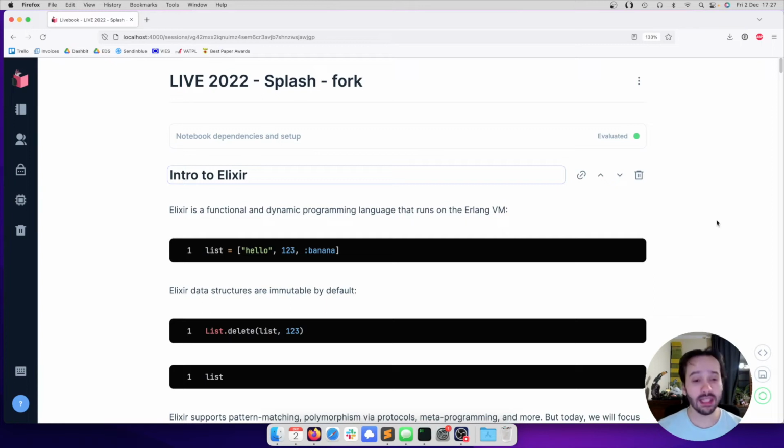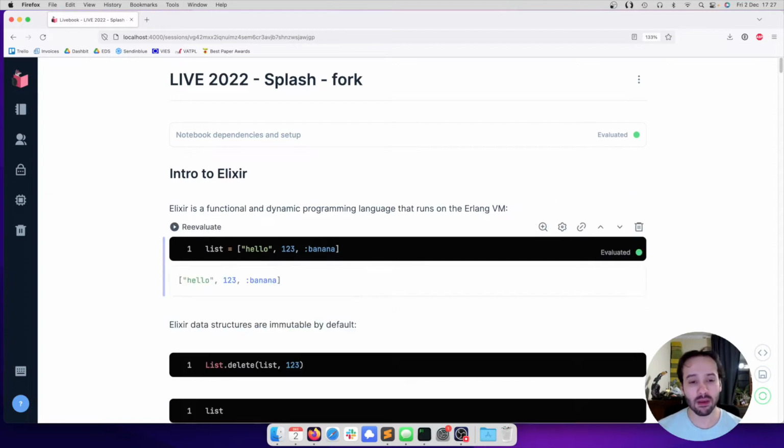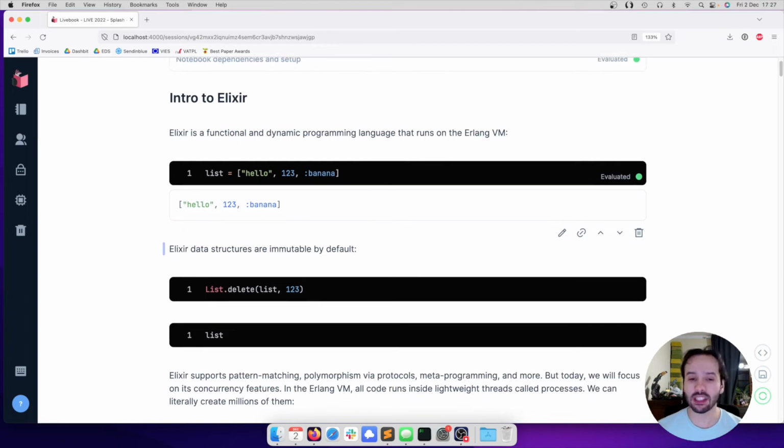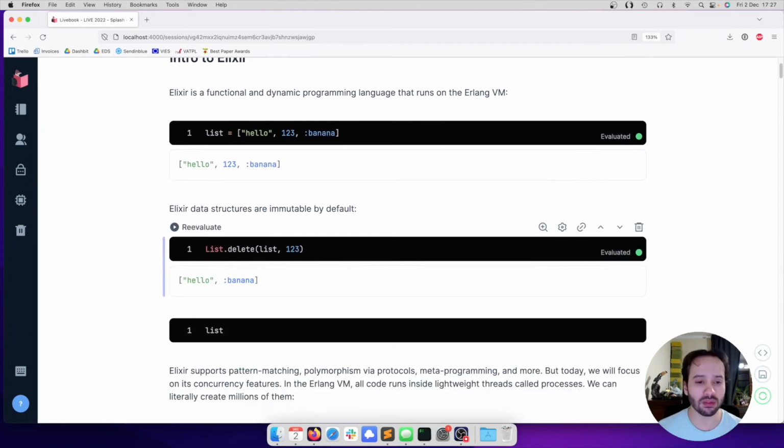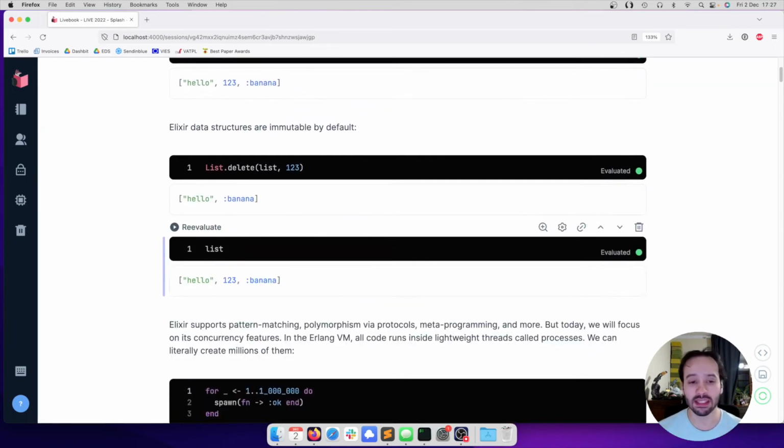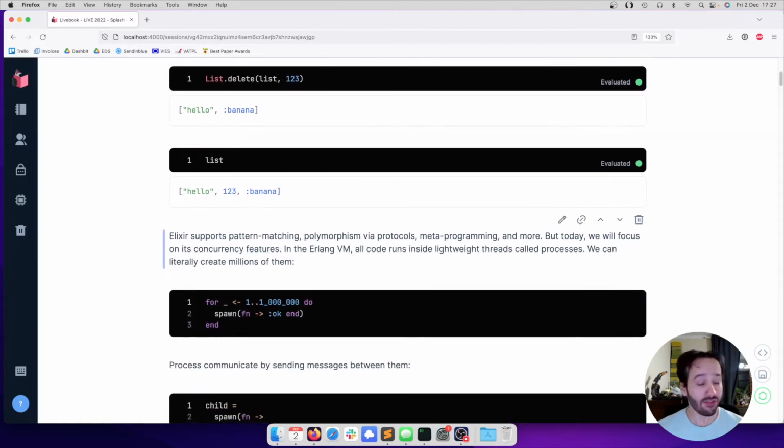So Elixir is a functional and dynamic programming language that runs on the Erlang virtual machine. As a dynamic language, I can create a list with a string, an integer, and an atom. And Elixir data structures are immutable by default. So for example, if I remove an element from the list, the list itself did not change. There are many features in Elixir, pattern matching, meta-programming, worth talking about, but today I want to focus on concurrency